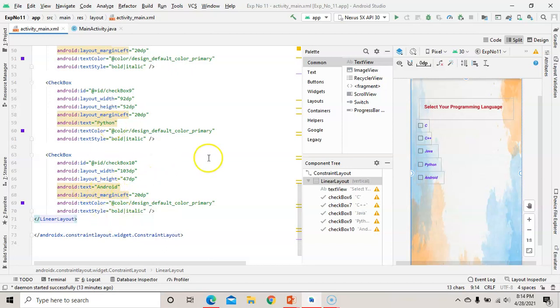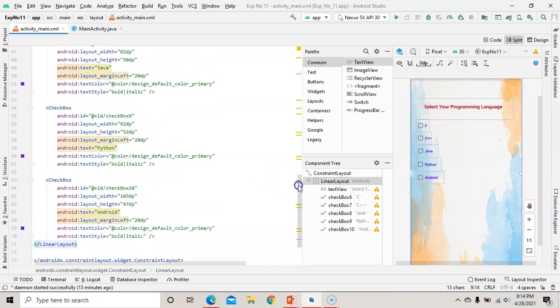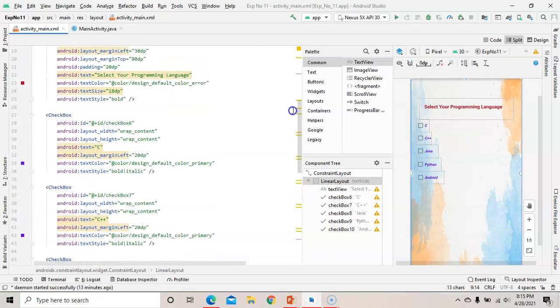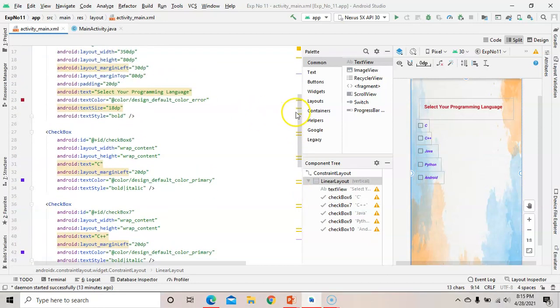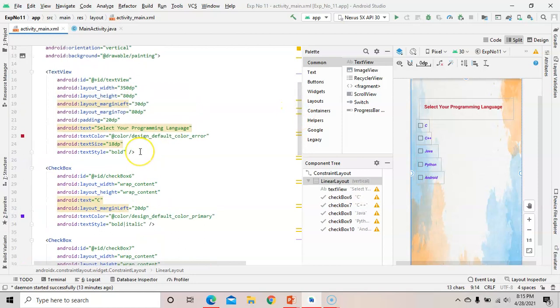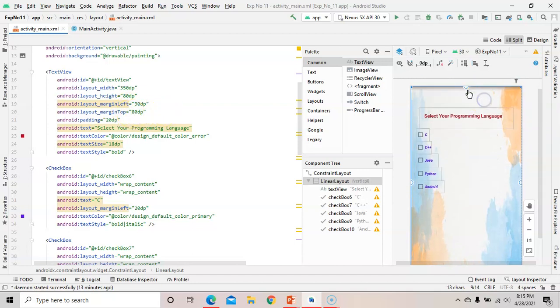And according to me, I have set the margins. You can see when you are using linear layout, you don't need to give the margins to the bottom controls. Like you can see, select your programming language is my text view. So I have added margin top 80, so from here to my checkbox it is 80.